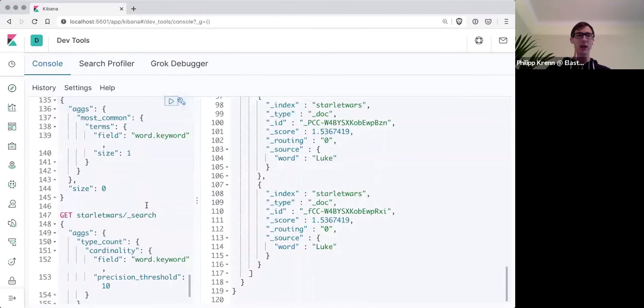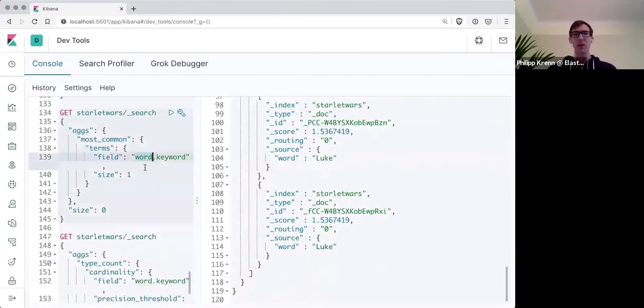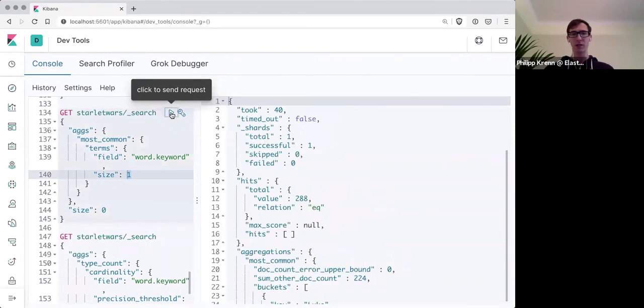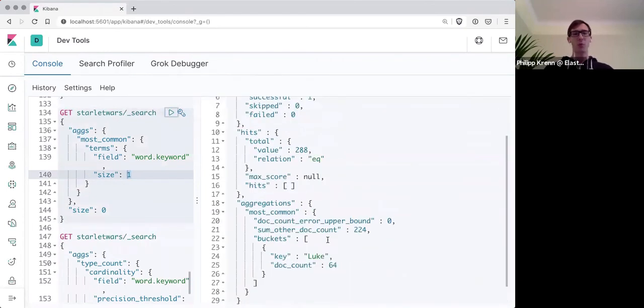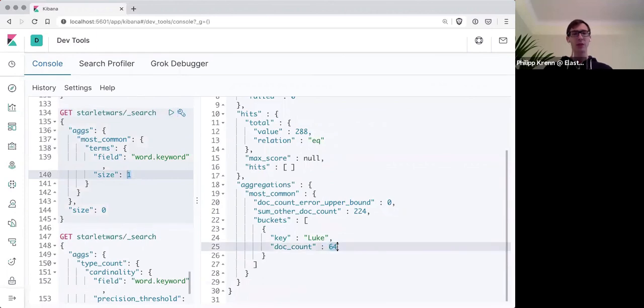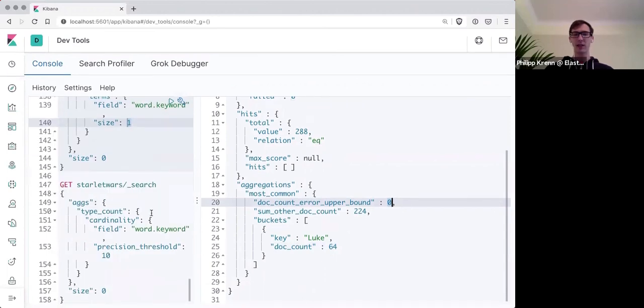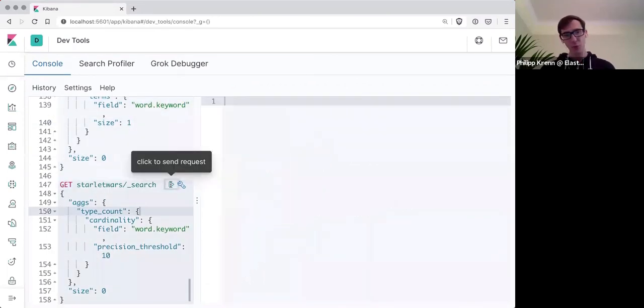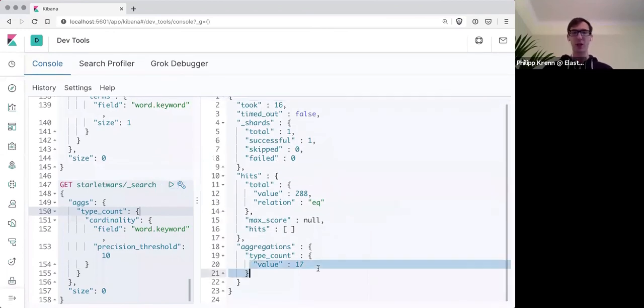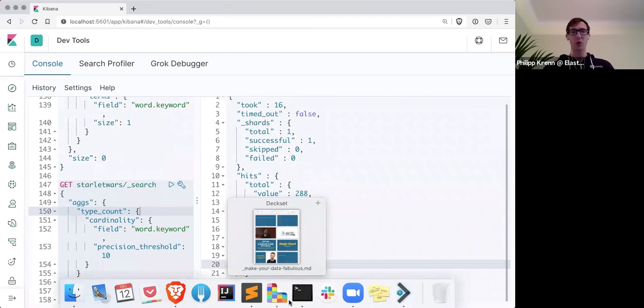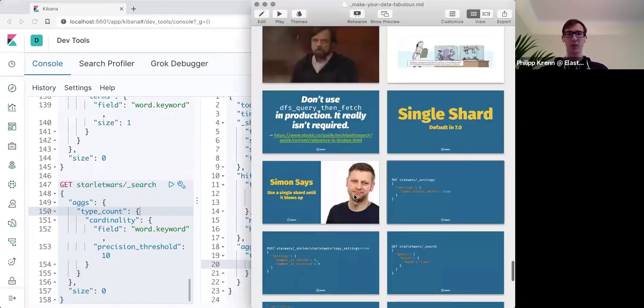Now, looking at the most common terms for the top one result, will that be influenced by having a single shard? Yes, because every single shard is giving me back the top 11 results. If I have one single shard, the top one result will be in the top 11. So yes, that one is correct as well. And you can see we have an error bound of 0. The cardinality aggregation, is that one being fixed by a single shard? No, that one not, because that is still a probabilistic data structure. If you have a million unique elements, you would still blow up your heap if you would try to create a hash set with a million unique values. So that one is not being fixed. So we've seen those examples.